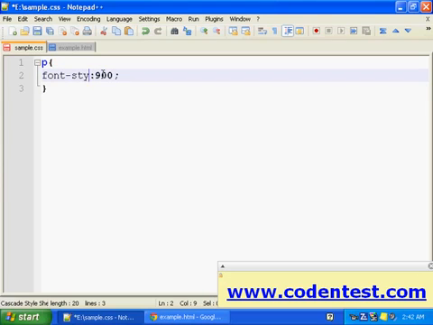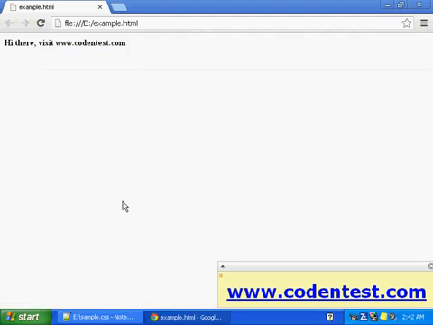We can set the font style using the font style property, and the value for font style could be normal, italic, or oblique. This is normal now.